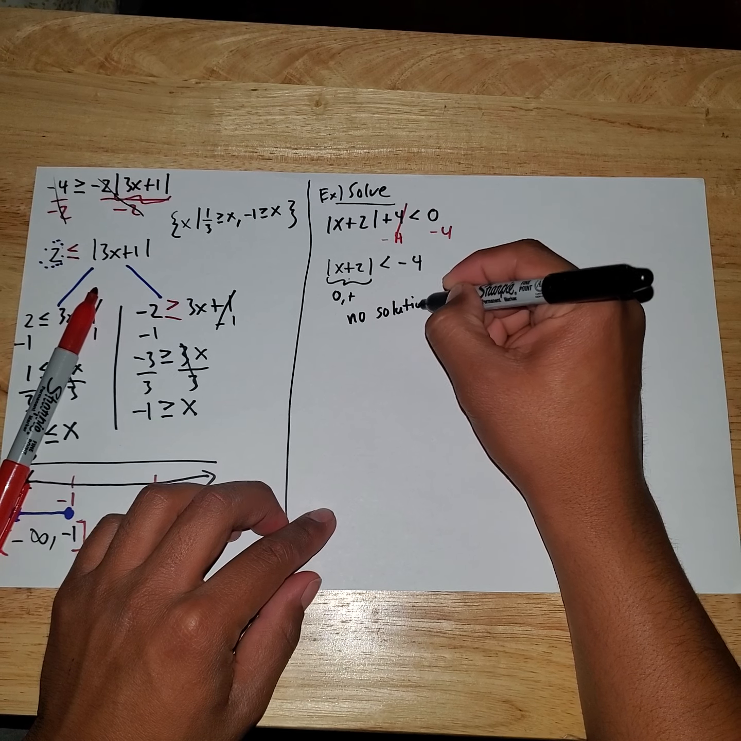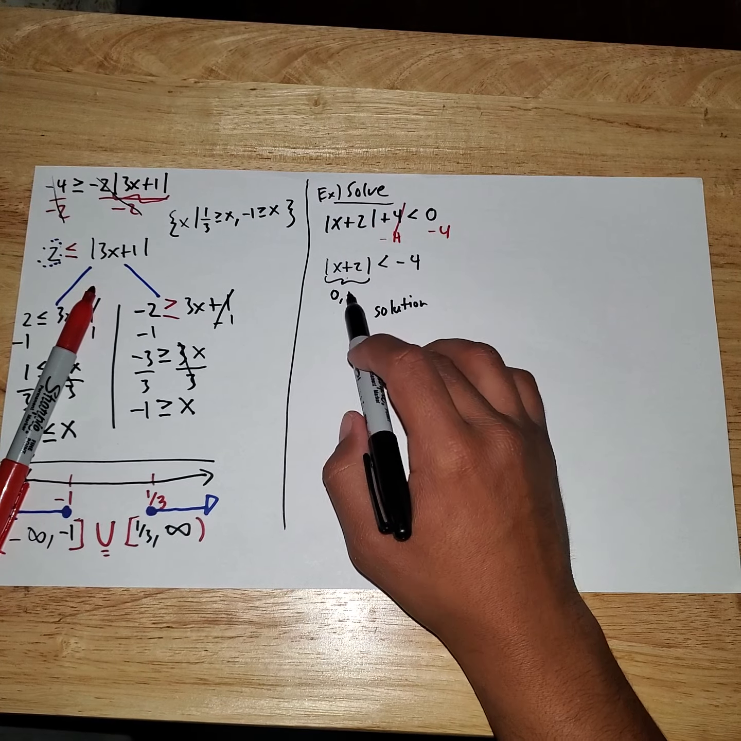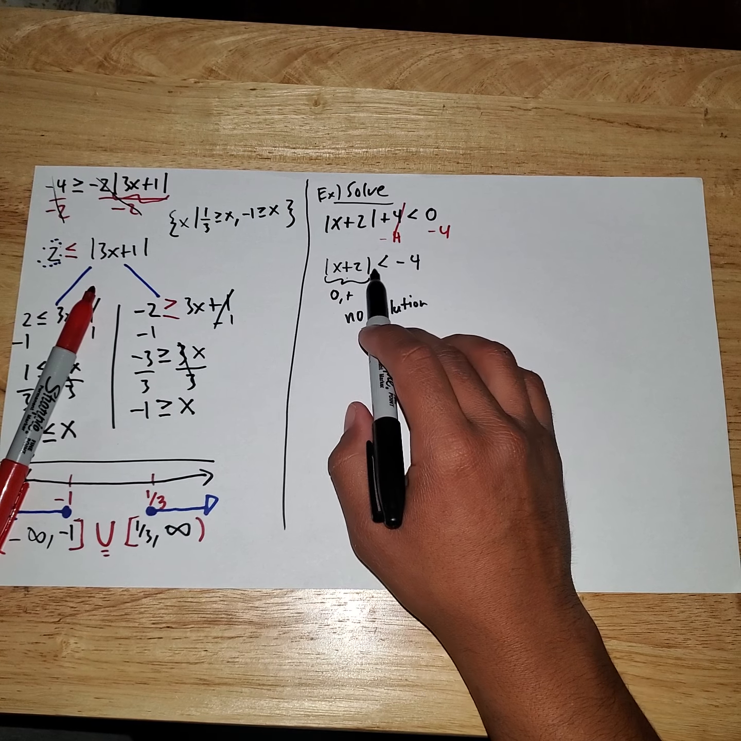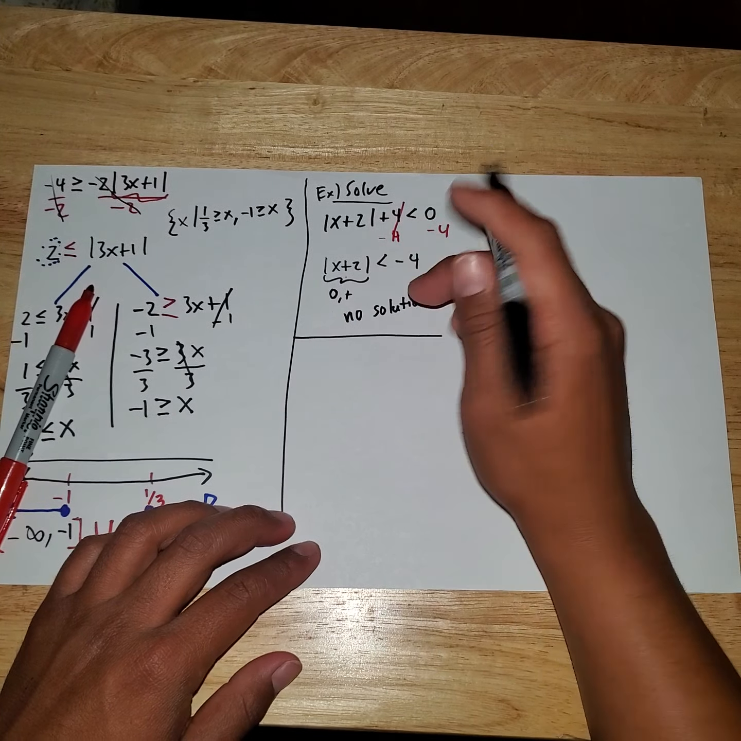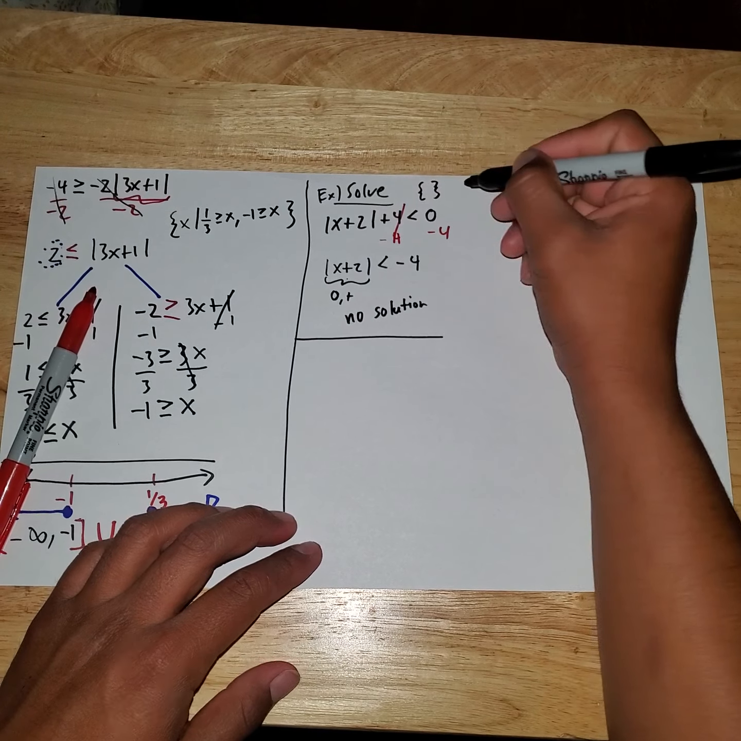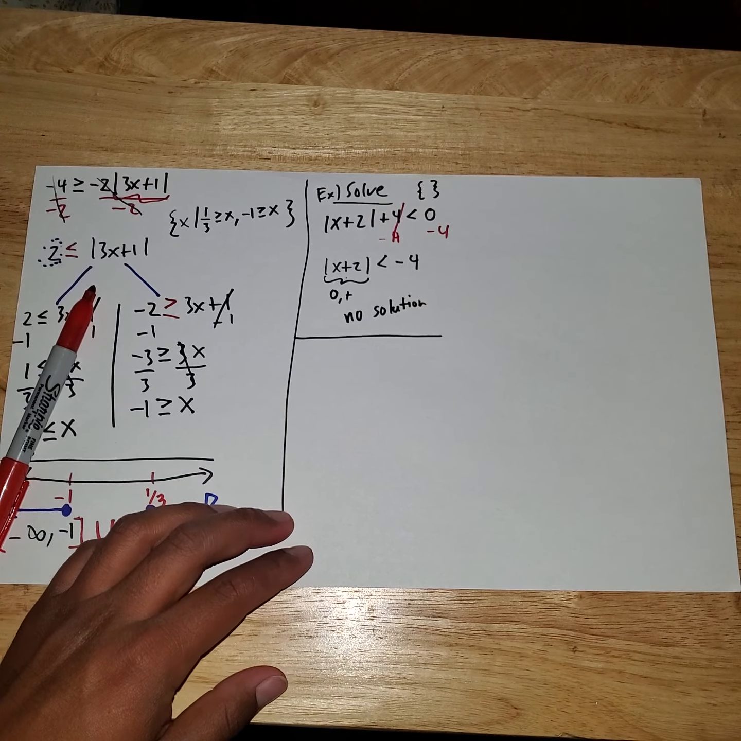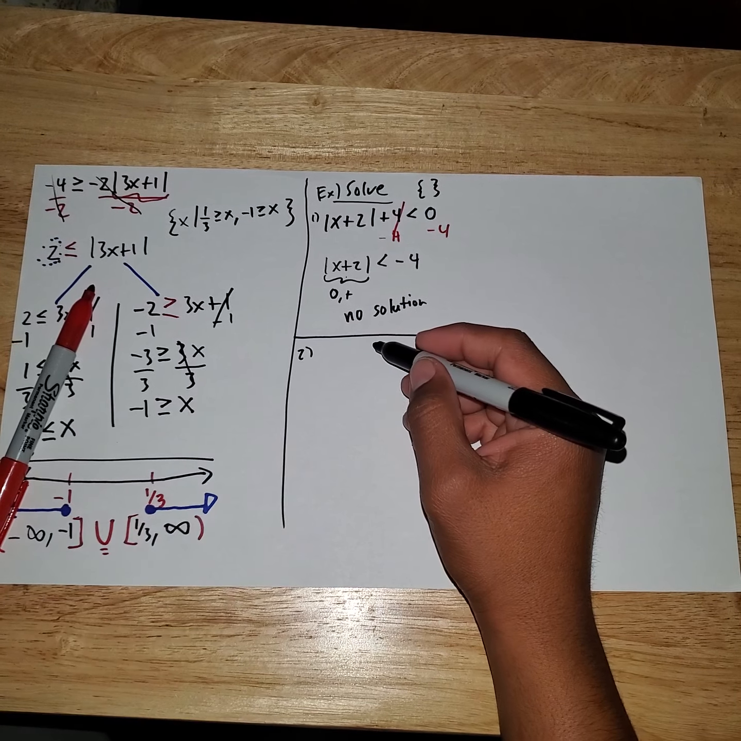There's no value of x. Regardless of what's going on in here, we know that what's going to come out is either a 0 or a positive number, which both are not smaller than negatives. So that's what you want to watch out for. You would just put your empty braces because there is no solution. So, let's look at one more example,